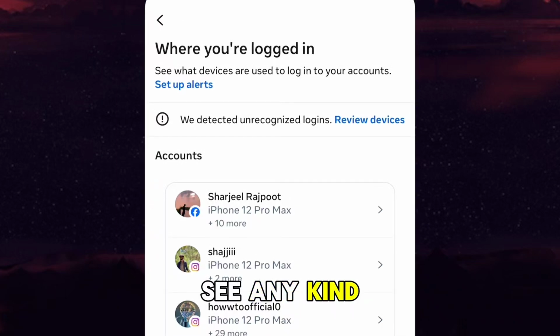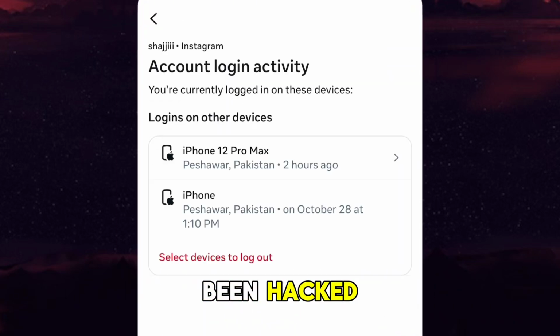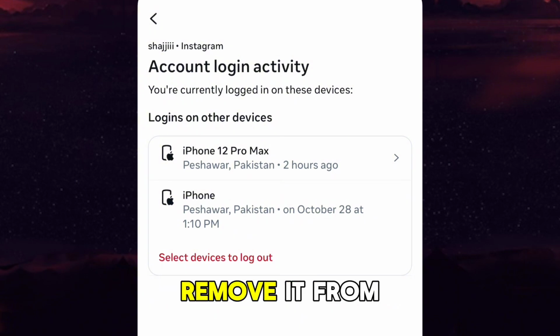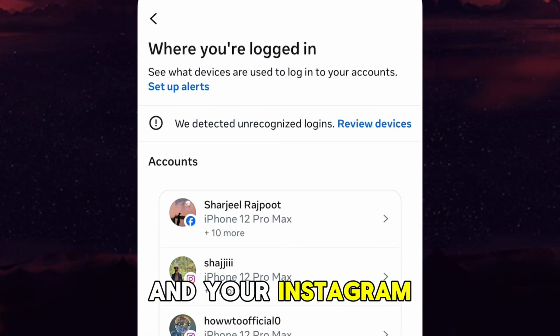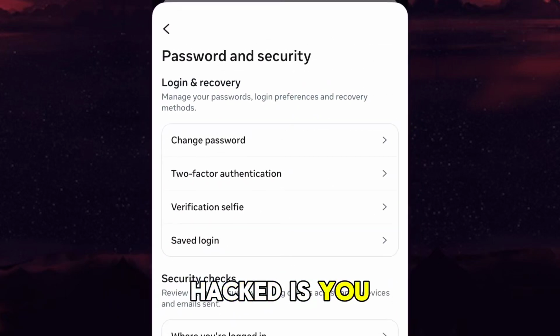And if you see any kind of suspicious device from here, it means your Instagram account has been hacked. You can simply select that device and remove it from your sessions list, and your Instagram account will be logged out from that device. Another way to know if your account has been hacked is you have to go back